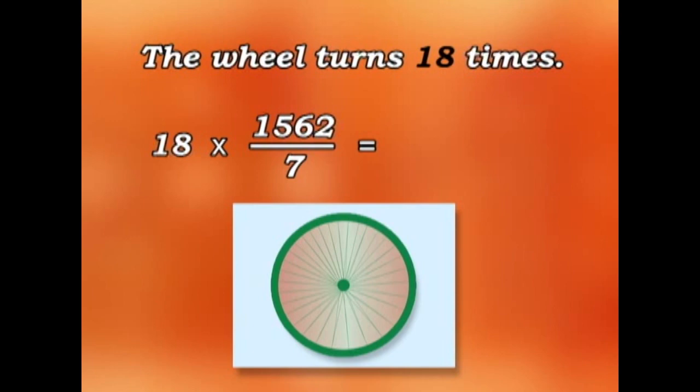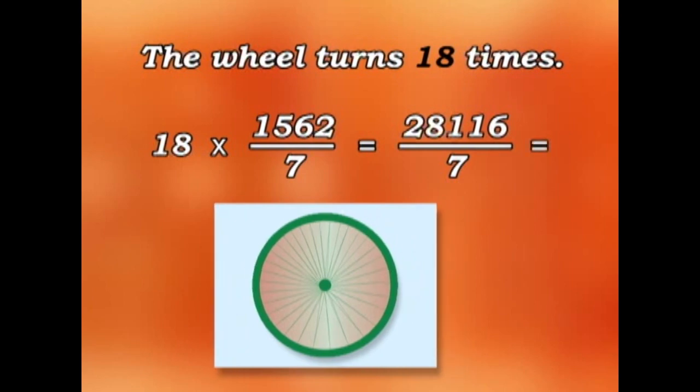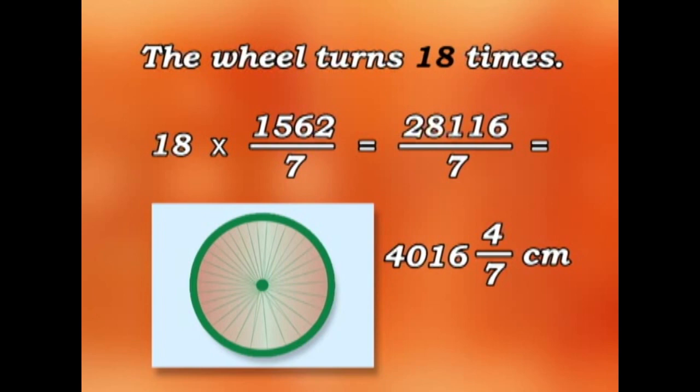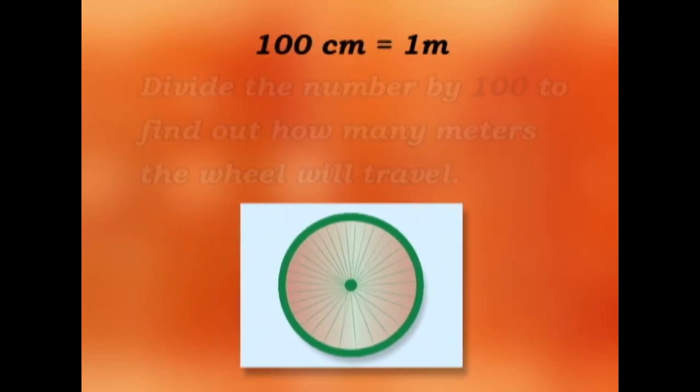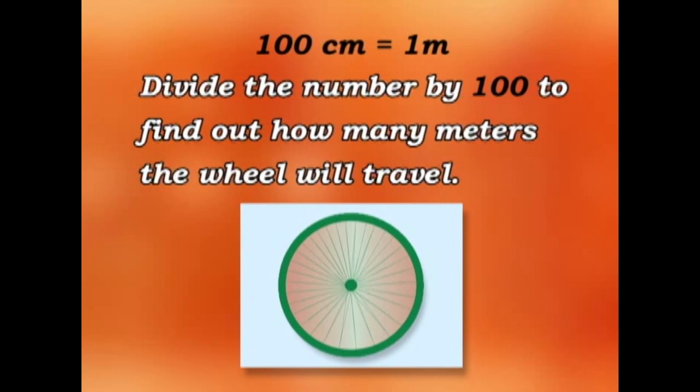18 times 1,562 over 7 equals 28,116 over 7, which equals 4,016 and 4/7 of a centimeter. Let's round this number off to 4,017 centimeters. We know there are 100 centimeters in a meter, so we divide this number by 100 to find